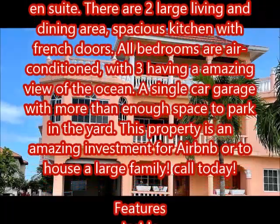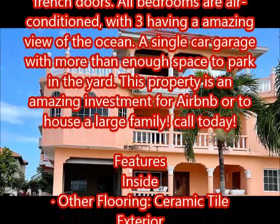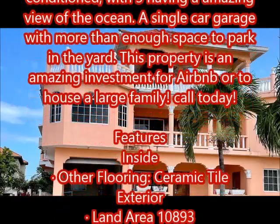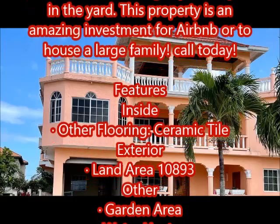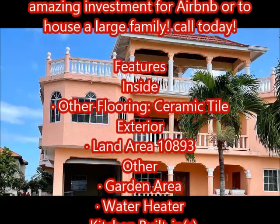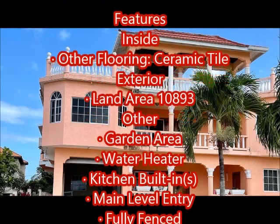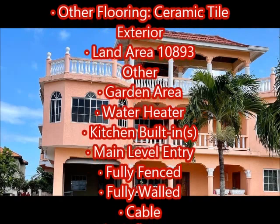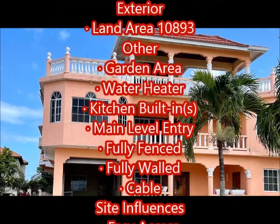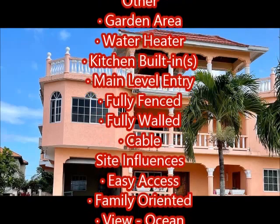A single car garage with more than enough space for parking in the yard. This property is an amazing investment for an Airbnb or to host a large family. The total land space of this property is approximately 10,893 square feet. Other features of this house include ceramic tile, garden area, water heater, kitchen built-ins, main level entry,